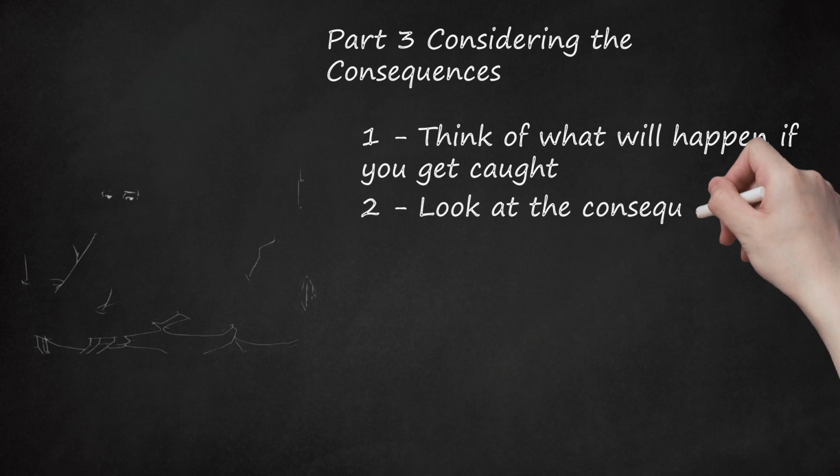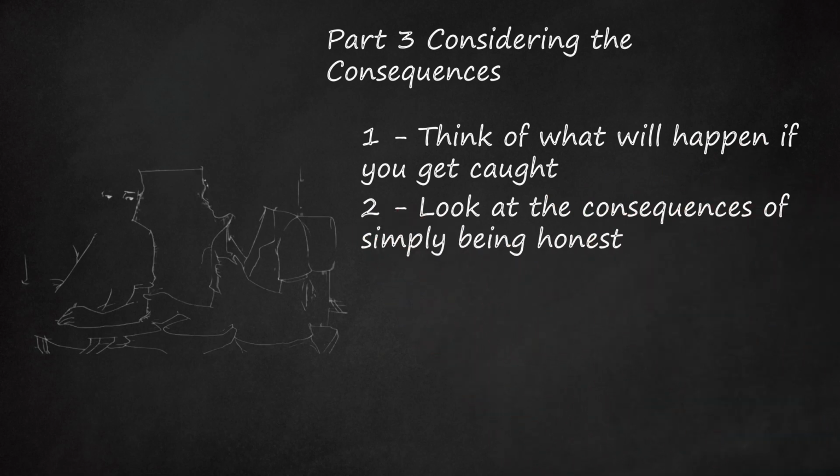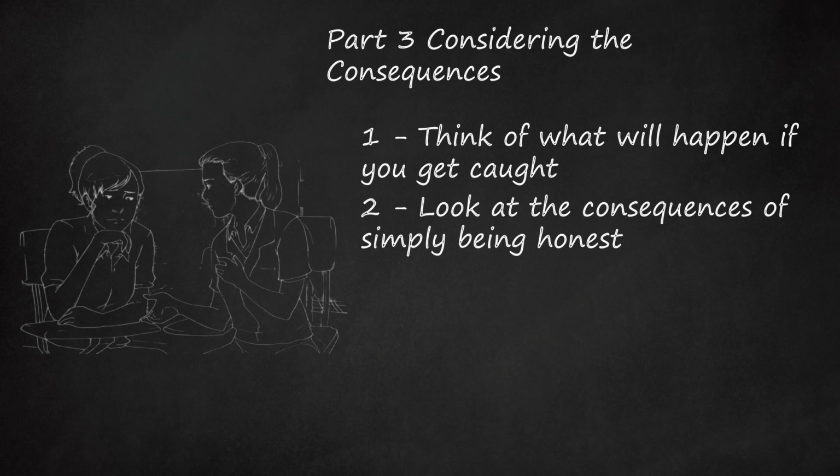2. Look at the consequences of simply being honest. What would happen if you simply told your teacher you forgot to do the assignment? What are the consequences of late and missing work in that class? It may depend on the assignment. Late work may not be accepted, but if the assignment is only worth 10 points, is this really a big deal? However, if the assignment is worth 15% of your grade, it may be worth it to ask for an